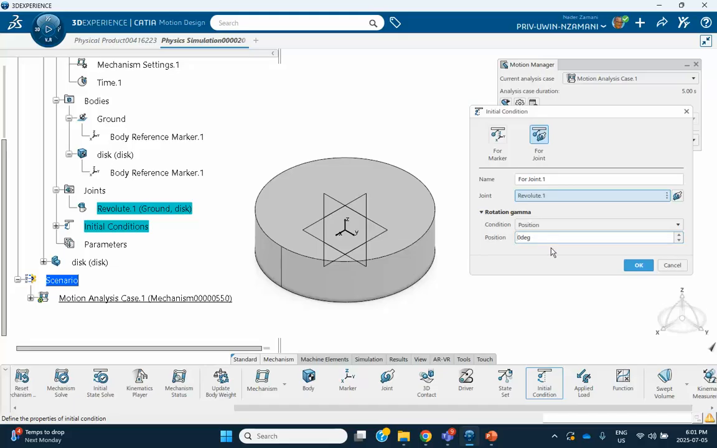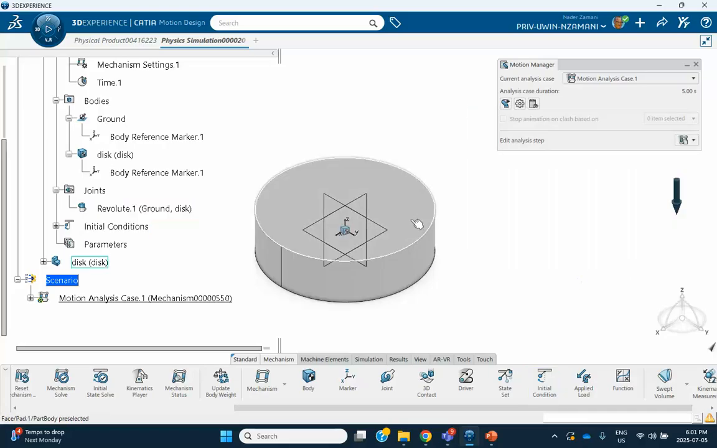Right there. Oops. 10 degrees. I don't have to worry about velocity because it's released from rest. It's going to be automatically 0. Now notice what happens when I say okay, nothing will happen here. However, when I go and click on initial state solve, you'll